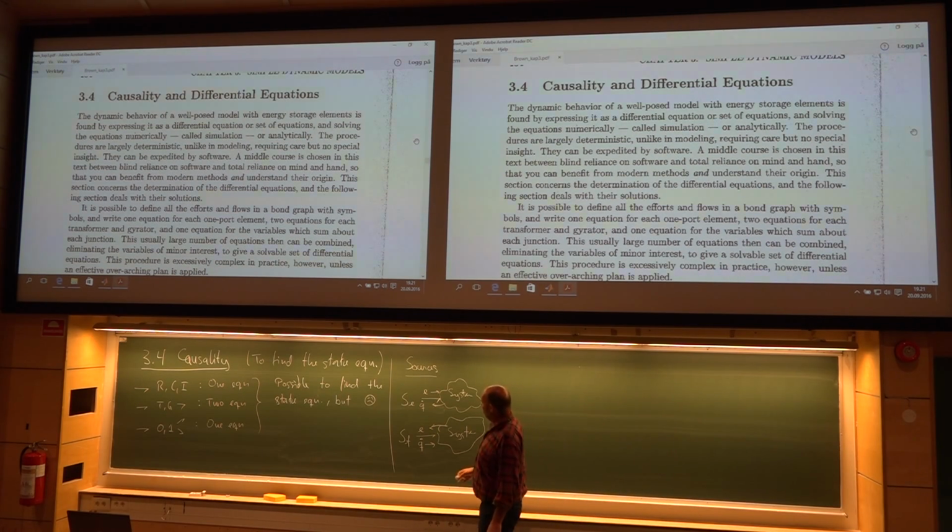Last lecture I said, for an effort source, we are normally not interested in the flow, or vice versa. The flow source, we are not interested in the effort. It's something that the system will have built in anyway. So normally we'll just put a cross over these. But this is actually what's happening here. So for an effort, yes, an effort source is the effort hitting into the system.